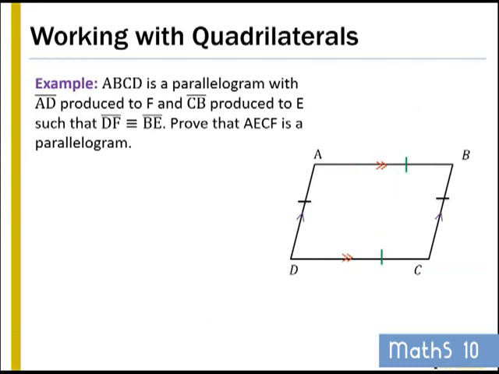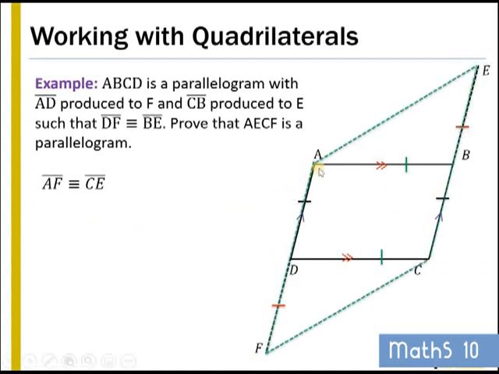Example. ABCD is a parallelogram with AD produced to F and CB produced to E, such that the length DF is equal to the length BE. Prove that AECF is a parallelogram. So first of all, let's extend the sides. So AD is extended to F and CB is extended to E. Then we know that DF is equal to BE. So we know that AF is equal to CE. If we then join up the other sides to make a quadrilateral